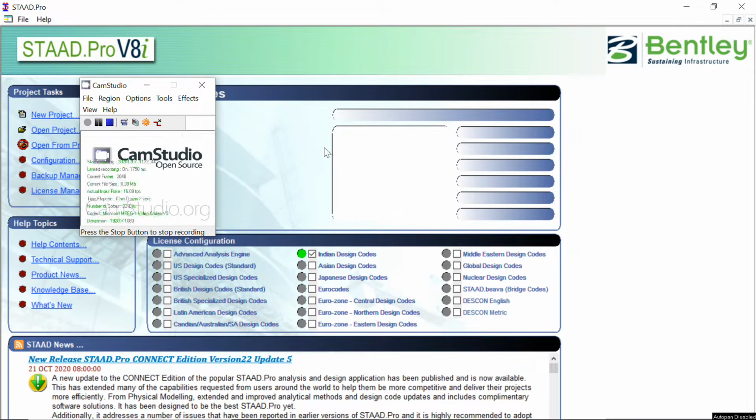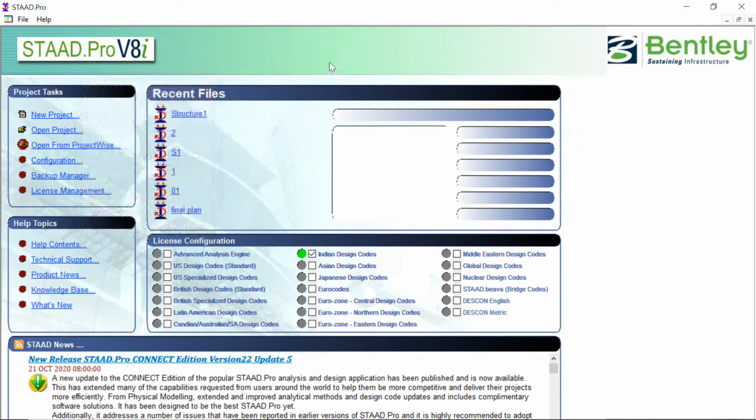Good morning, everyone. So today we will be discussing how to analyze and design a truss. So let's begin. First of all, as usual, you have to